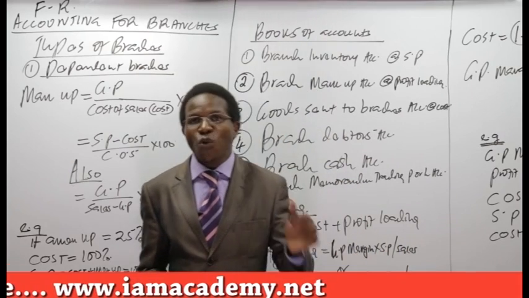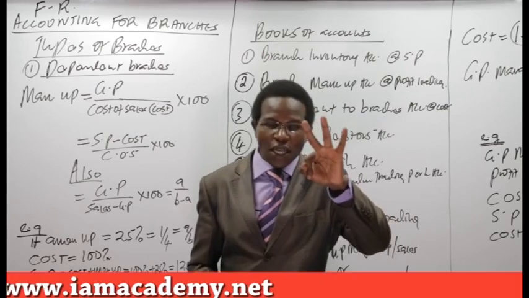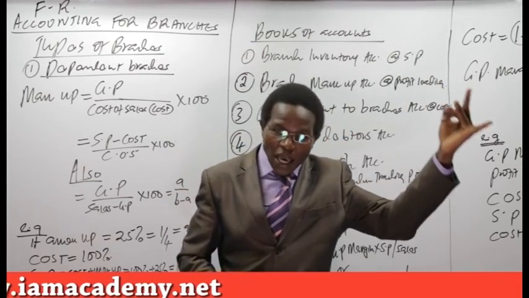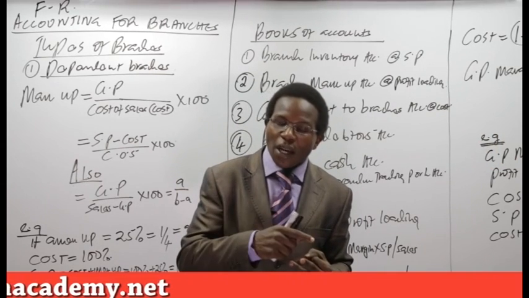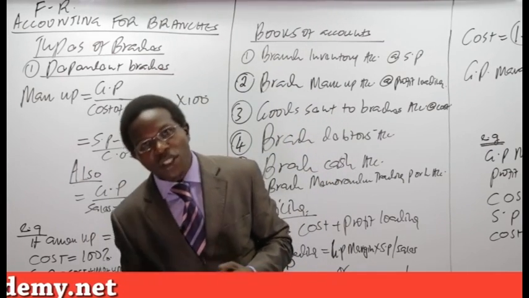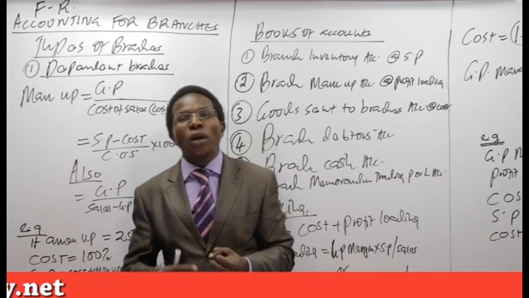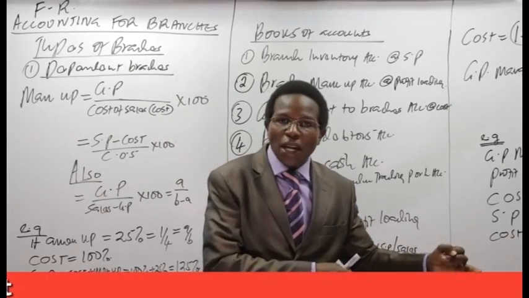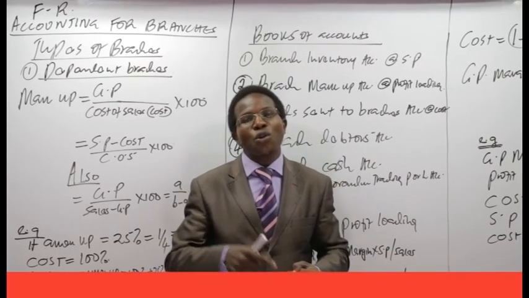So far, friends, we have 3 types of returns that you need to remember. 1, the branch has returned goods to the head office. We have said that you debit the branch markup account, you credit your branch inventory account. 2, when a branch customer has returned goods to the branch, we have said that you debit the branch inventory, you credit your branch